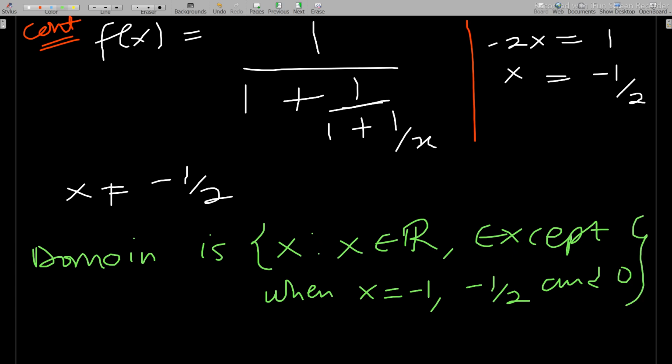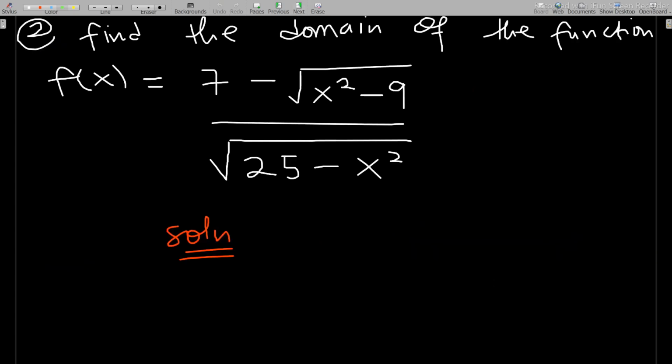Okay, so we are done with the domain question. Now you go to the second one. This is also very, very simple, but then difficult. You have to analyze it like we did for the first one. Okay, now to solve this, let me write it on a different